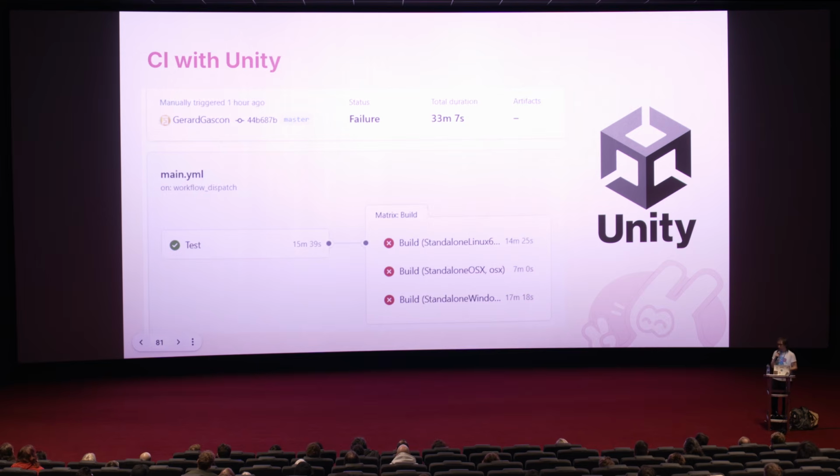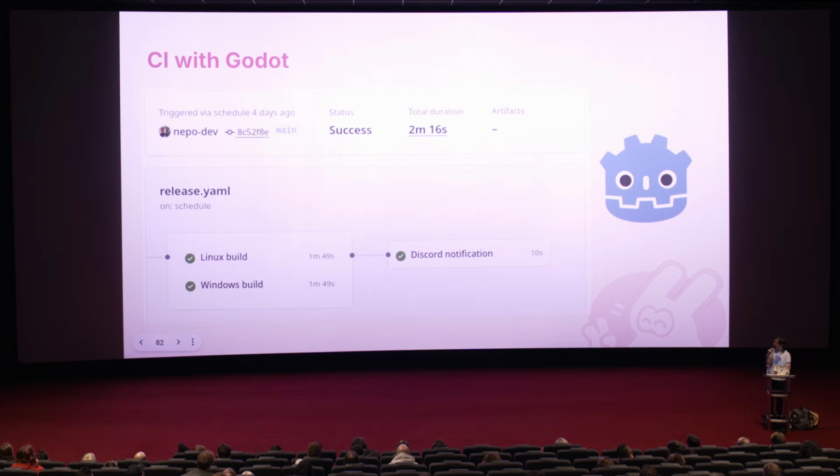he couldn't make it work because the runners, basically the machines that were running this automation, were running out of memory. Okay, and you can see the number there. It's over 30 minutes. It's a long time. And the thing with Godot is that it's just 2 minutes, and we generated the build for